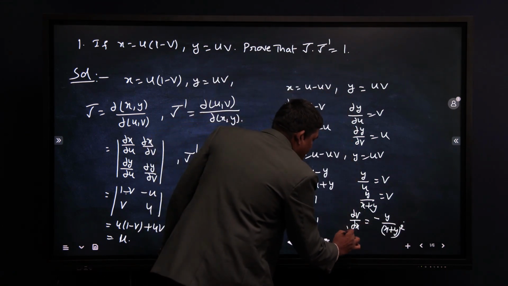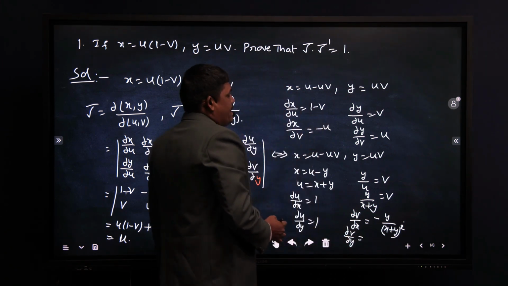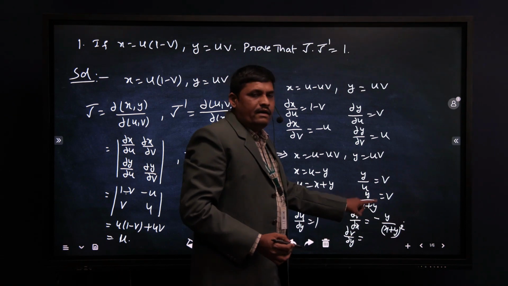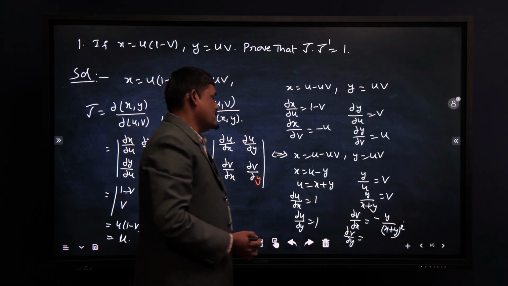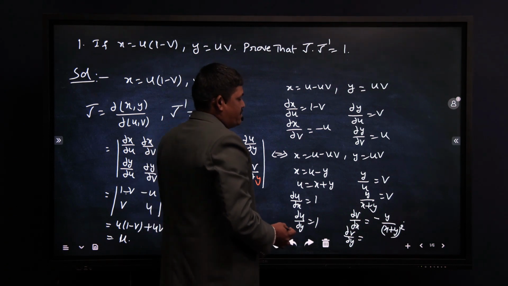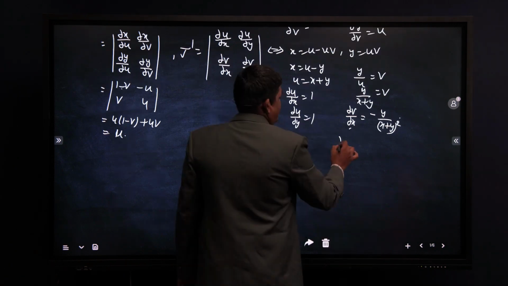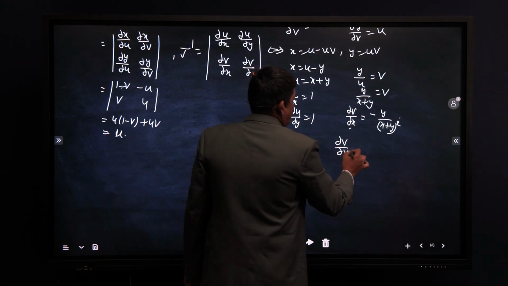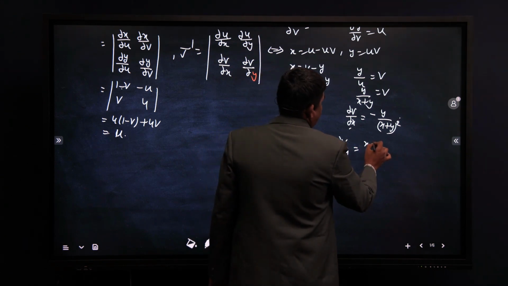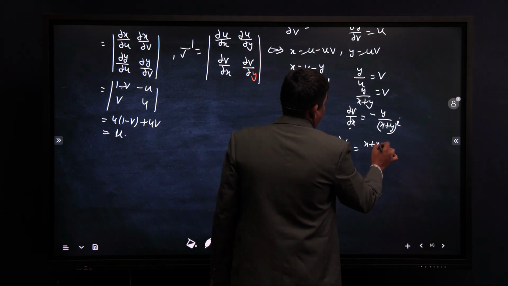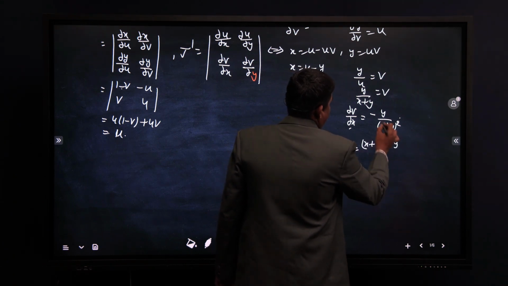Coming to dou v by dou y, it is y there in numerator and denominator. Apply u by v, (v u dash minus u v dash) by v square. So using that you are going to get x plus y, dou v by dou y is equal to, so u by v formula we are applying, (x plus y) into y derivative is 1 minus y into the x plus y derivative is,